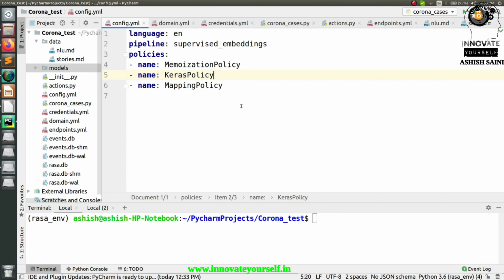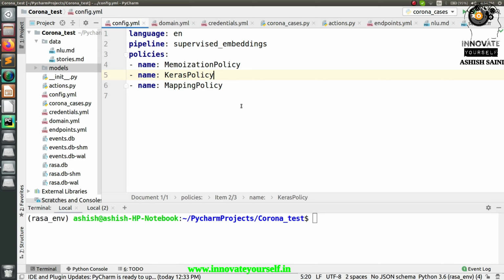And the second part is in which I will ask the chatbot that I want to have a self-test. Your chatbot will put some questions to you, and those questions will be in the form of buttons, or let's say payloads. You have 2-3 options and you select any one of them, and with respect to that your chatbot is going to tell you whether you are suffering from coronavirus or not. If not, it will tell you that you are very secure and that your chances of getting infected with coronavirus are very low, or whatever it is. So this is what exactly we are going to do, right?